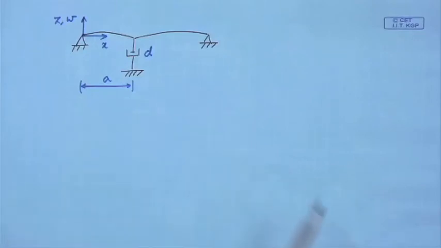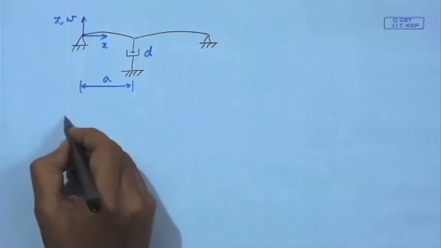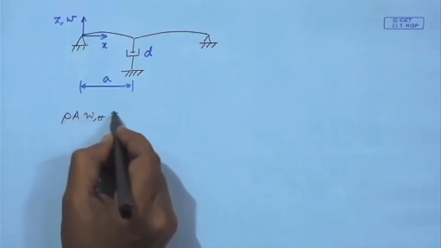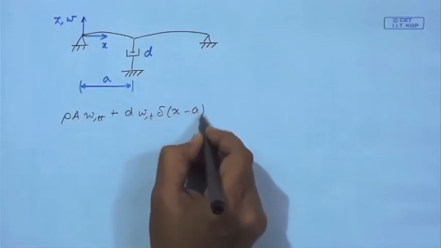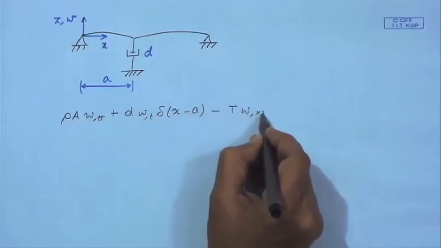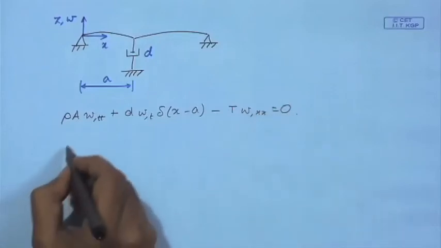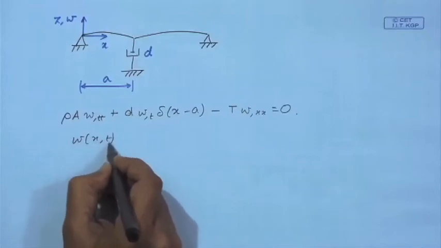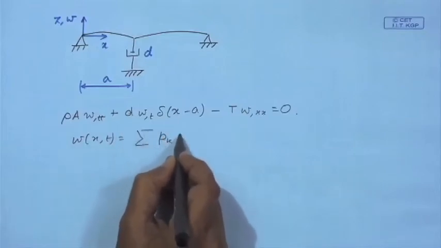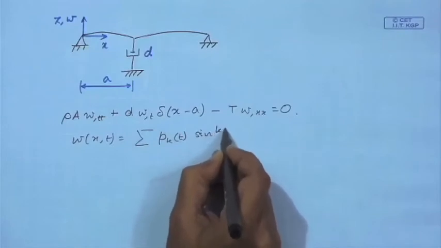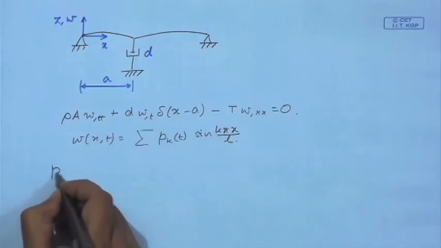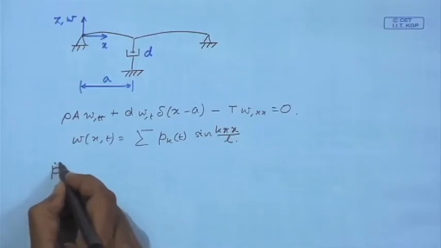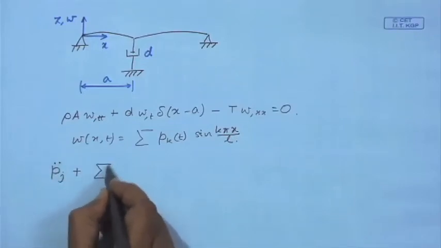In this case you can write down the equation in this form, and if you use the modal expansion, substitute in the equation and take inner product with the jth eigenfunction,